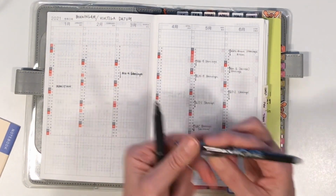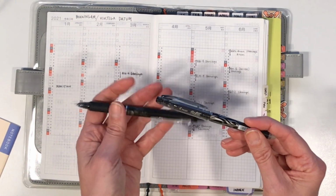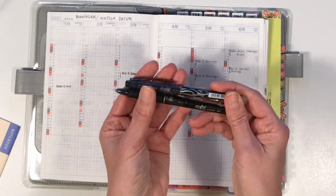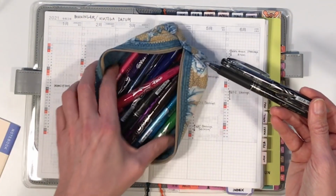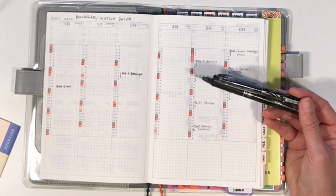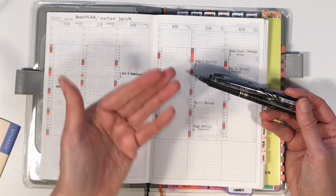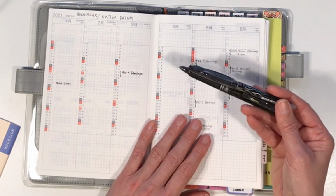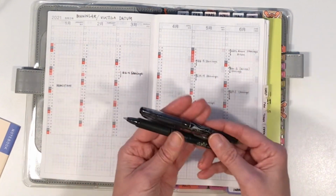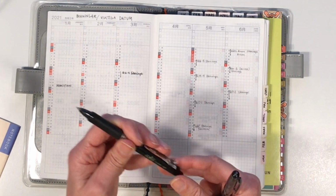And I combine the thin tip together with this 07. I have also this one. This one is called the Frixion Point, and this one is called Frixion Ball Clicker. I have them in very different colors, and I really like to use them. As they are working, the ink goes away with heat, so you can't put these pens or the paper that you've written in the sun. Then the text will fade away. But I think that it will come back if you put it in the cold again. Anyway,